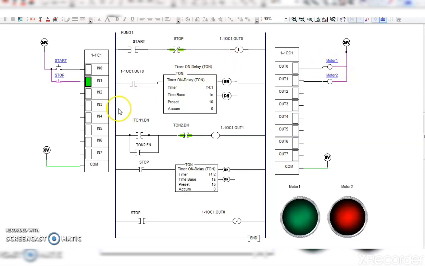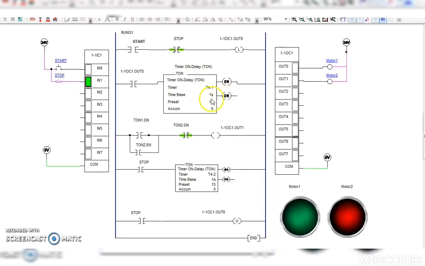Okay, then this out 0 is nothing but same use here as normally open switch, which is connected to timer. Okay, when this switch will get closed, the timer will start. Okay, timer, it is nothing but delay on timer, which is having time base 1 second, its number is 1, preset value equal to 10, means after 10 seconds its done will get energized.